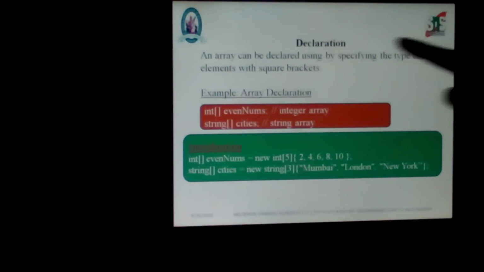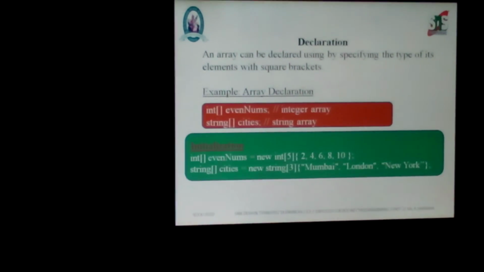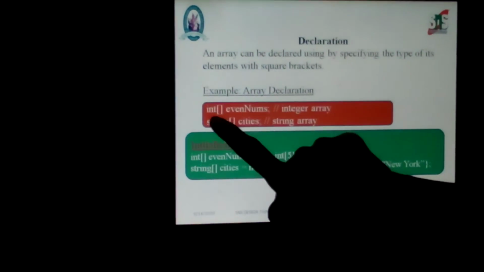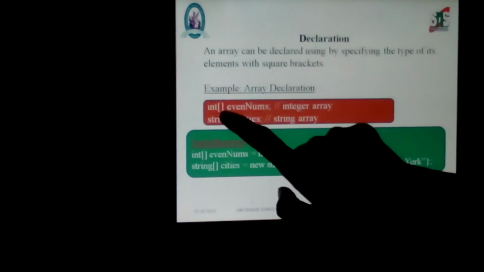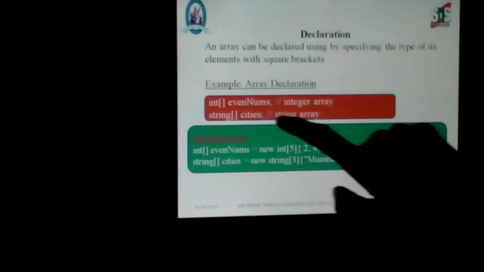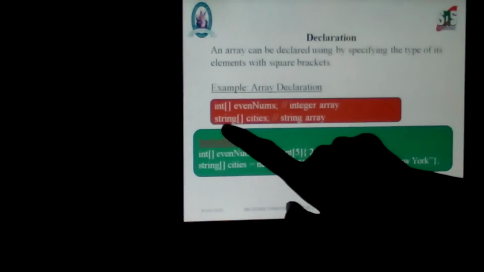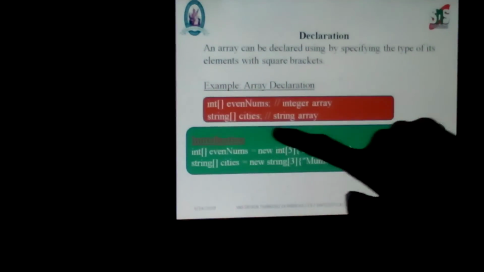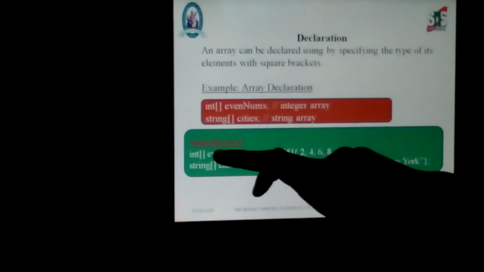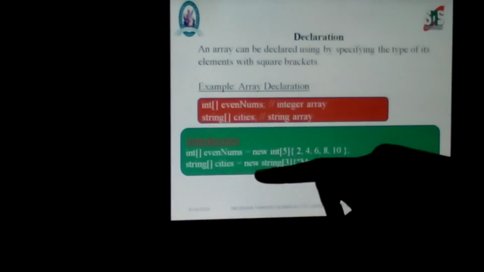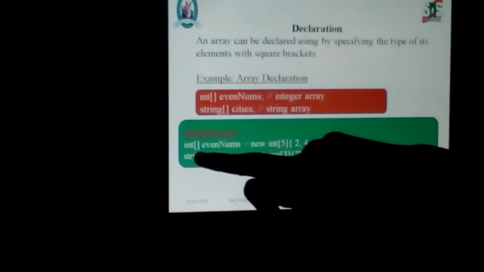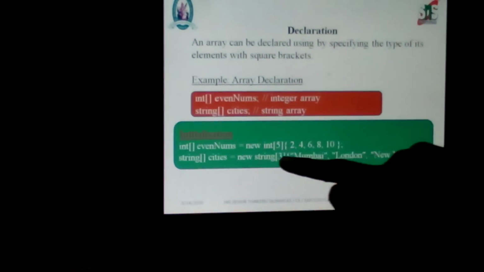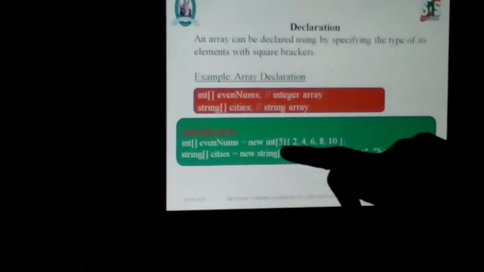Now let us see how to declare an array in C#. An array can be declared by specifying the type of its element with square brackets. These are the declarations: int[] evenNumbers. If you want to specify string values, we can specify like this: string[] cities. If you want to initialize values in a particular array variable, we can specify with curly brackets. new int[5] means we are going to